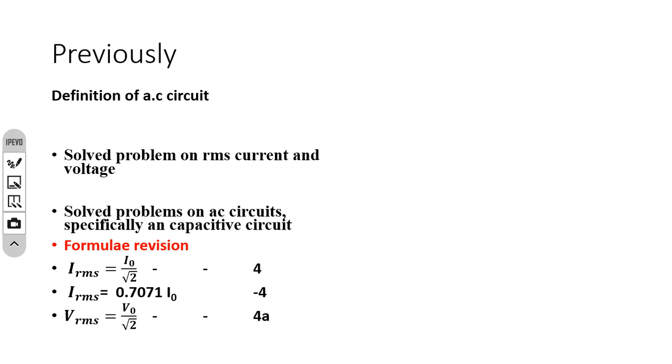For current, the same expression, but this one is for potential difference. Here we have peak voltage V0, and then the root mean square voltage VRMS. So VRMS equals V0 all over root 2, or we can as well write it this way: